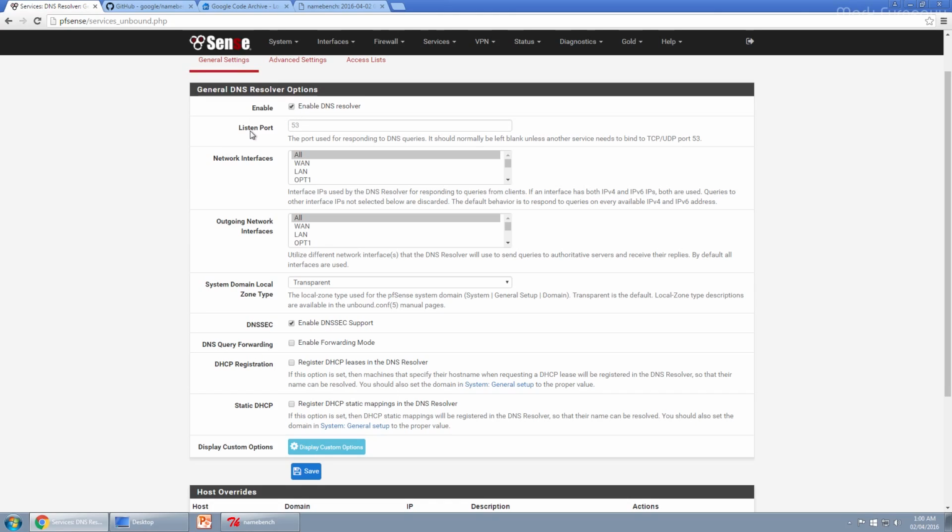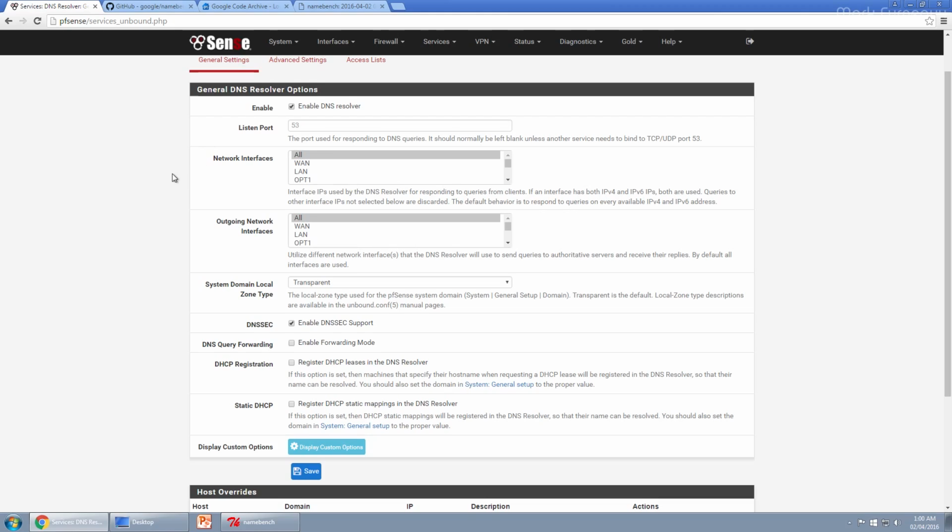The listen port is basically the TCP port which Unbound binds to and listens for clients requesting DNS lookups. So in pretty much all cases, you're going to want to leave this the default, and you're not going to want to change it,